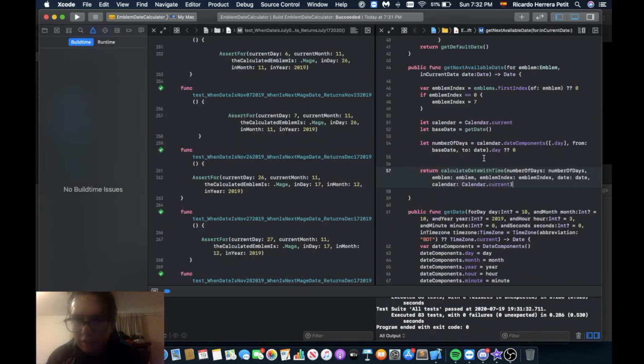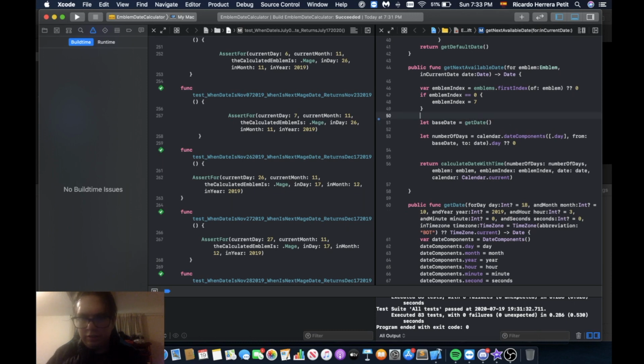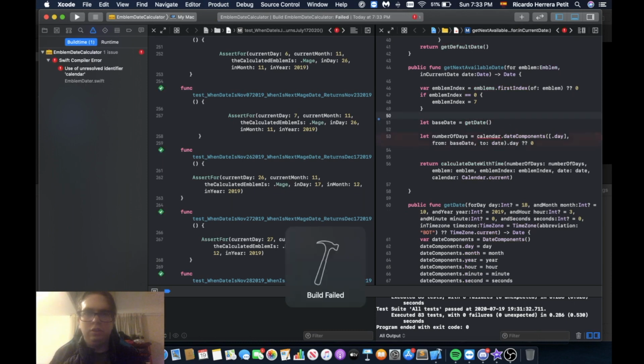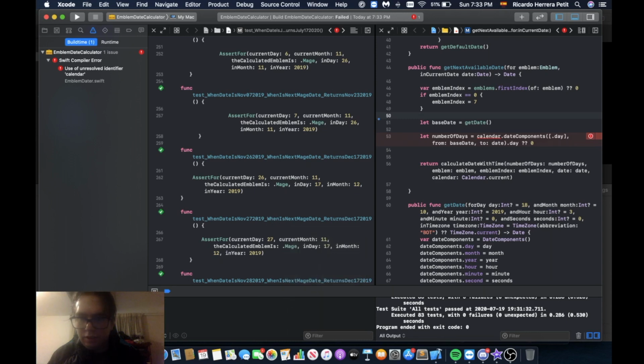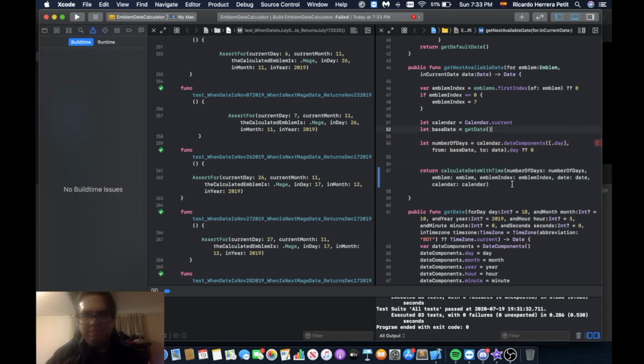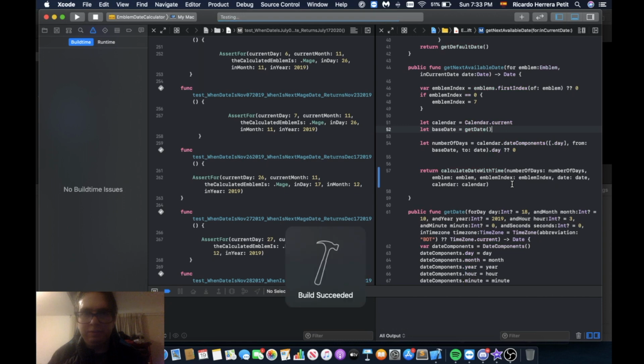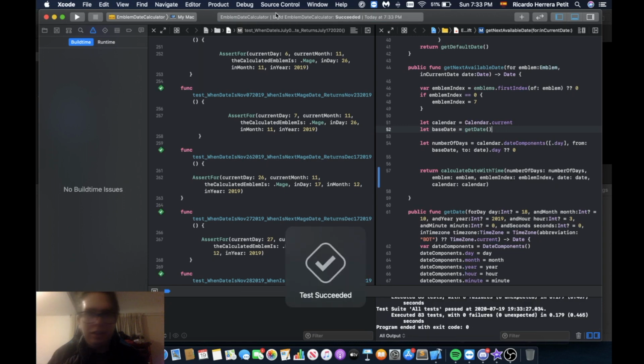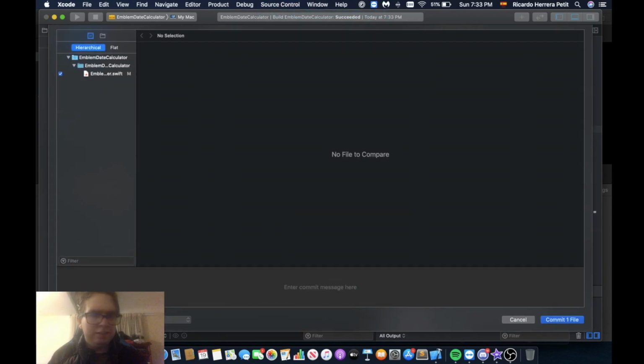Oh yeah, and something I want to point out is that since I don't need this because I just put that over there, I can just erase this and do Command U. No, I can't. So just something to point out, this calendar, actually I have this in a variable here. So I can just do Command U and everything will work out. And then I'll commit and push and say